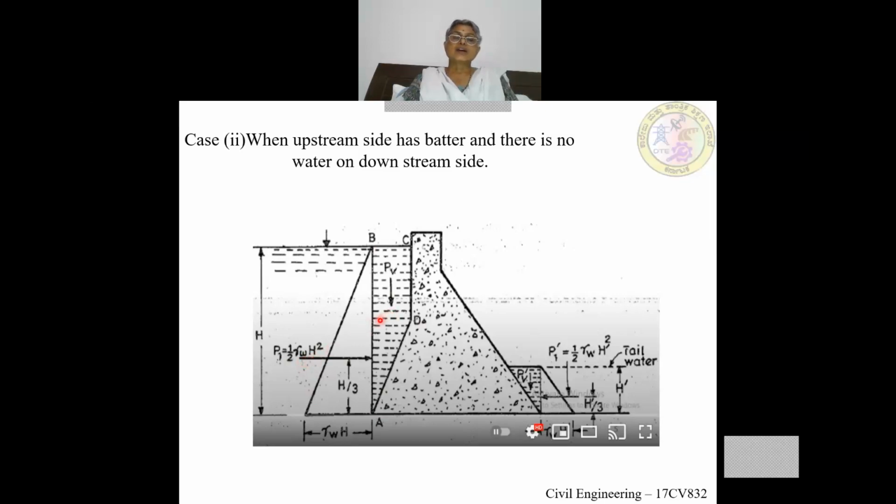And to calculate this vertical pressure, you have to divide this into two components. One rectangle like this and the other one triangle like this. So due to this rectangle, you take this height as H2, and this height as H1, that is, the height from the base to this sloping edge, and the height of the vertical edge is taken as H2. So I have calculated the vertical force PV in the next slide, which I will show you here.